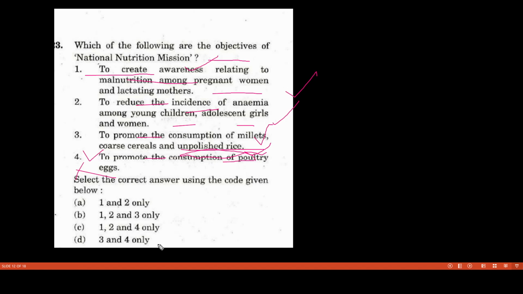So we get this C and D is already cancelled, and now you see this unpolished rice does not seem a very good objective. Even if coarse cereal or millet is considered, unpolished rice will not be forgotten. So then you cancel this also, and then I think 1 and 2 will become your answer. So by cancelling this, these two can be eliminated, but then here is where it gets tricky. And when this comes here, then see this. Unpolished rice basically is not given.